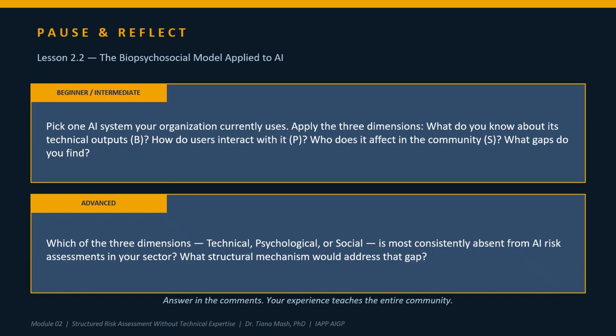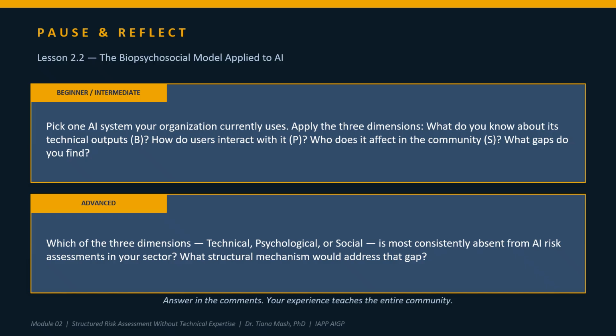If you're able to do this on your own, notice I said gaps, not answers, gaps. It is completely normal to find that you cannot answer several of these questions. That inability in itself is a finding. It's self-identification, self-knowledge. It tells you what information your organization is currently lacking.